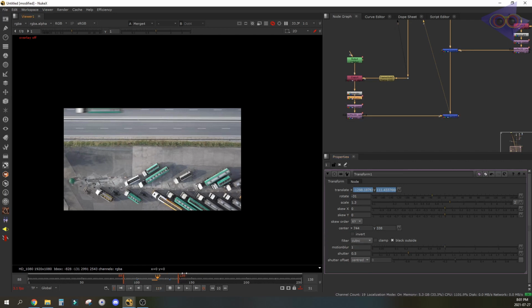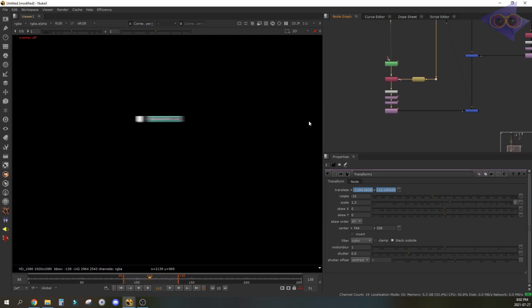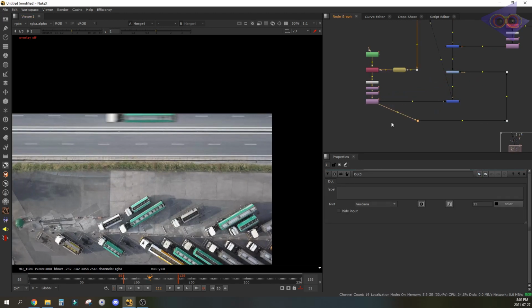Now it looks a little more realistic. We are missing an audio here. That will add more realism to this output. I will use the same matte and will mask that with a grade node. This is for shadow. Not the right way, but it works at least for the shot in a rough way.